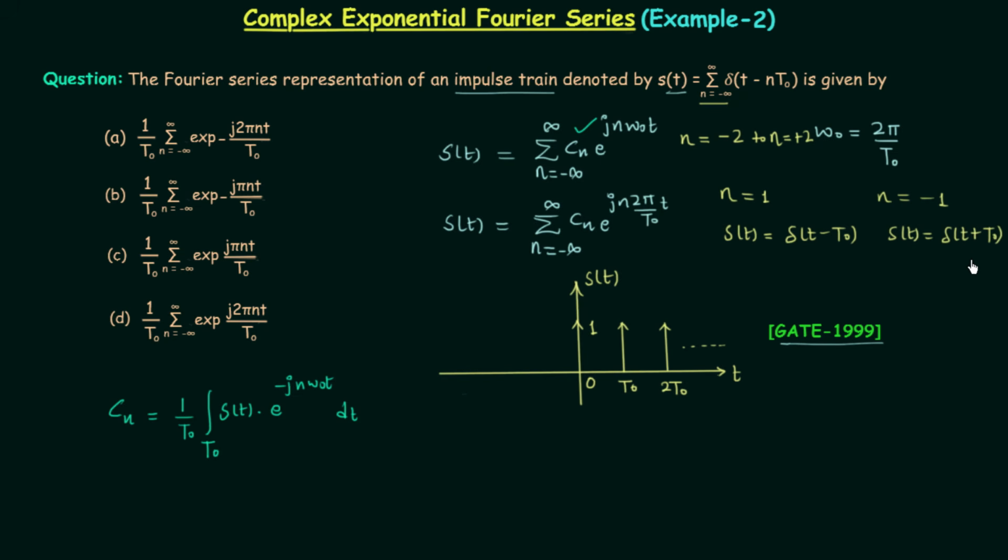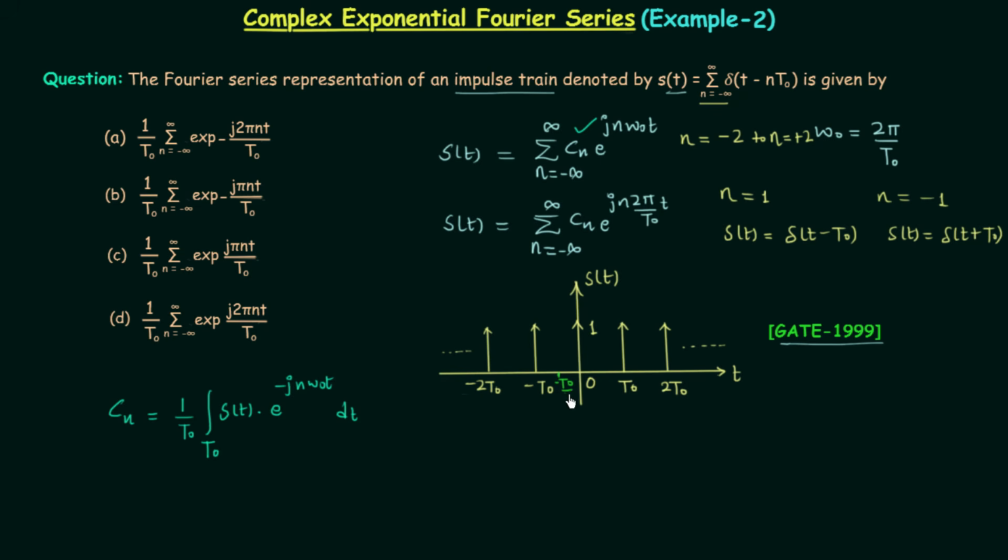This is the case of left shifting, and we will have unit impulse when t is equal to minus t naught. In the same way, when you put n equal to minus 2, we will have unit impulse when t is equal to minus 2 t naught. Similarly, the signal will go up to minus infinity. So this is the waveform of the given signal,